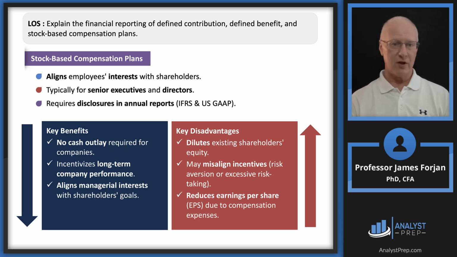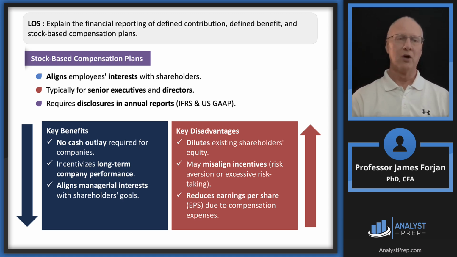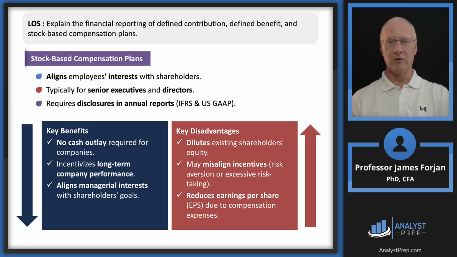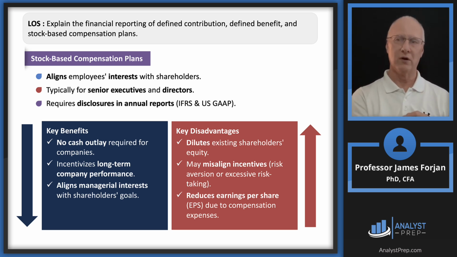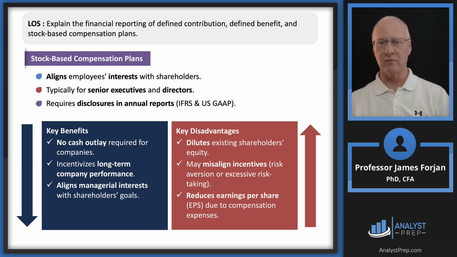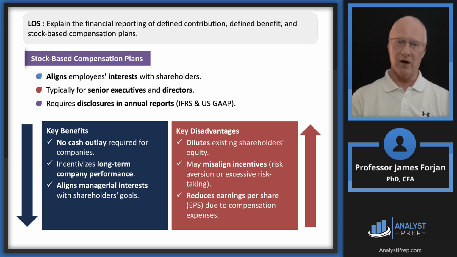So why are we doing this? Well, look at the second checkpoint there. Incentivizes long-term company performance. So what do we know? We've talked about this multiple times. The goal of the business is to maximize shareholder wealth. How do executives do this? Well, the general umbrella answer is that they select projects that have positive net present values, which ultimately means that stock price will rise. So what this does is it links the personal goal of the executive with the maximized shareholder wealth goal of the firm.